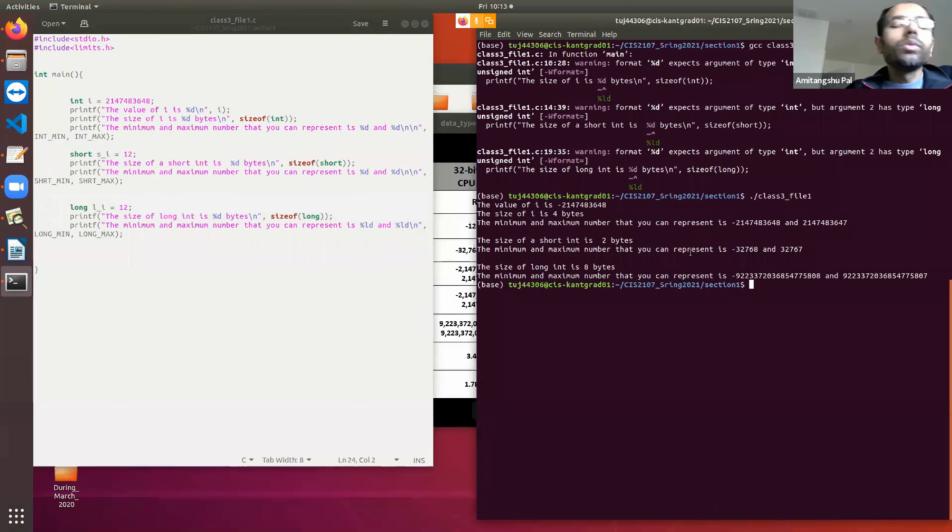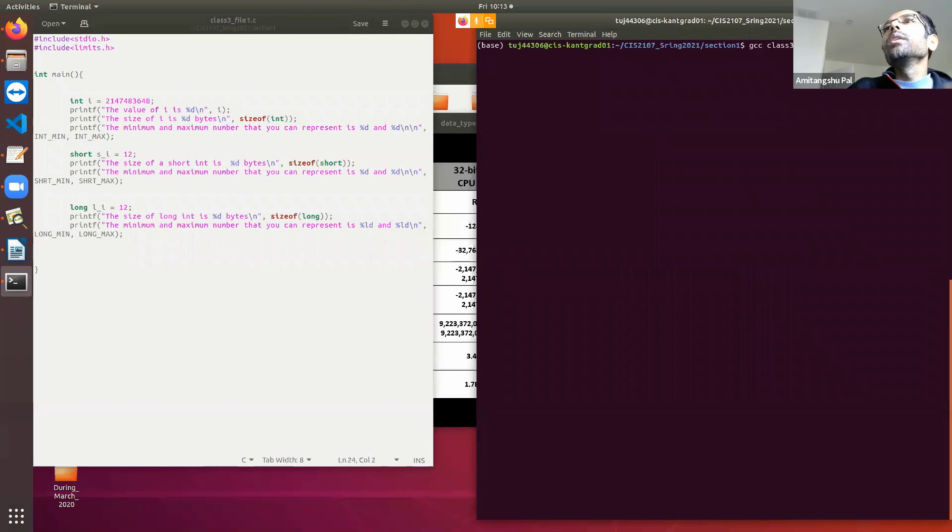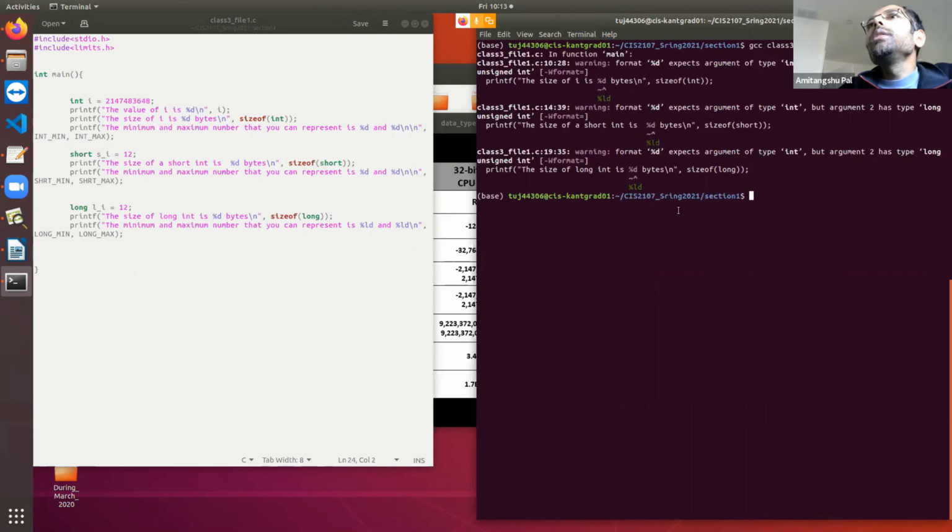Now let's come to the warnings. Whenever you are compiling this program, it was giving 3 warnings. If you notice, all these 3 warnings are coming in the sizeof function. So what is the warning saying? Warning is saying that printf expected argument type int, but argument has type long unsigned int.